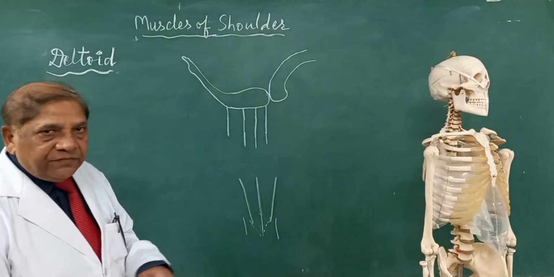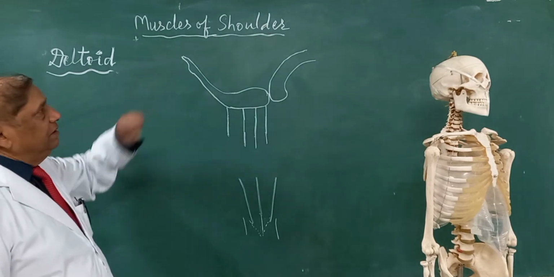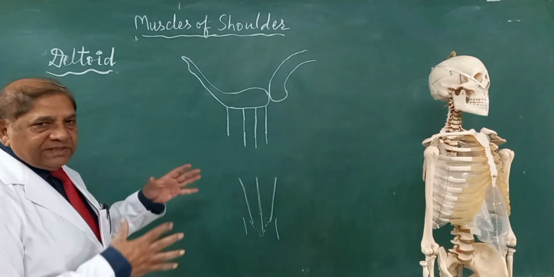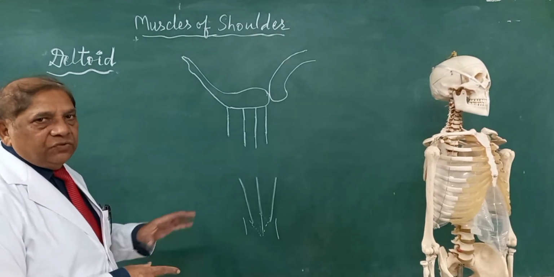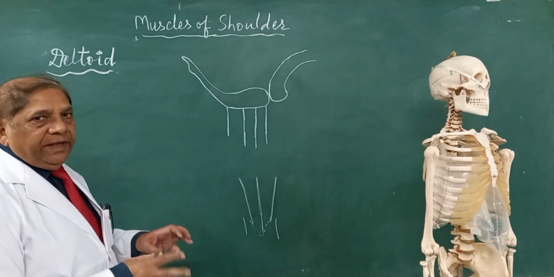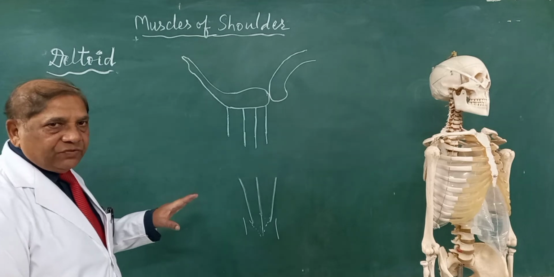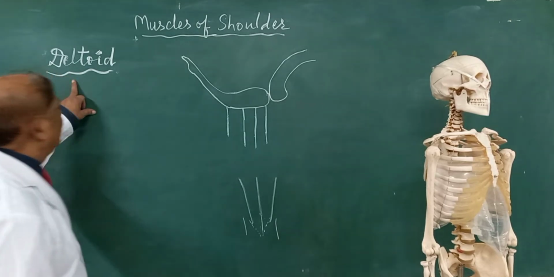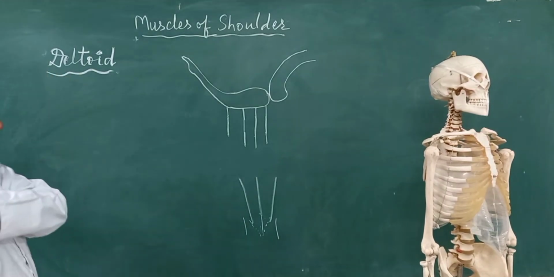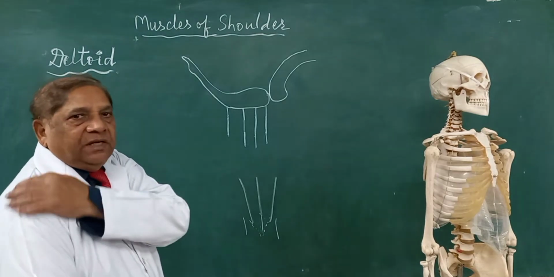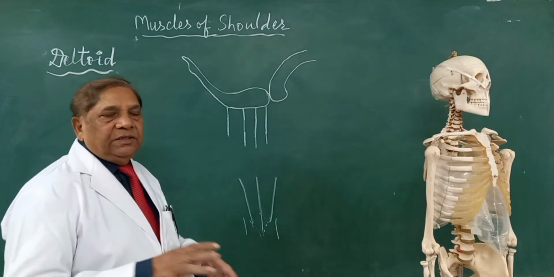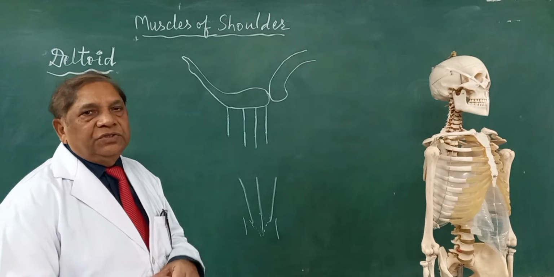This is a short video on the muscles of the shoulder. There are many muscles in the shoulder, but the most important from the point of view of the examination and viva is the deltoid muscle. The deltoid muscle forms the roundness of our shoulder, and it has its origin from